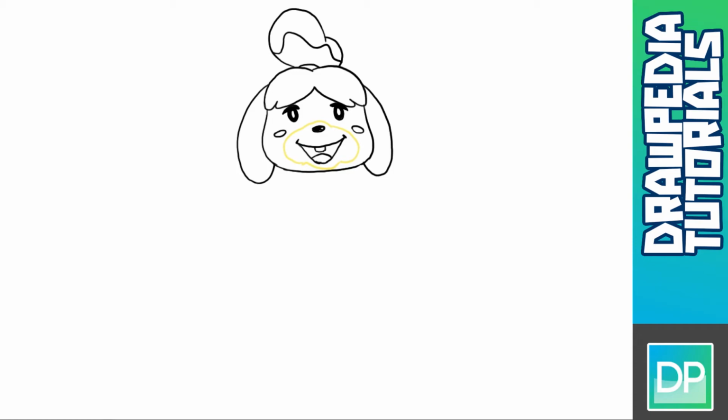Now below the head, I'm gonna draw from the sides a curved line to the center, like that, and I'm gonna extend the one on the left to the right, and then I'm gonna turn it downwards, and on the side I'm gonna draw a curved line out and turn it sideways towards the center,